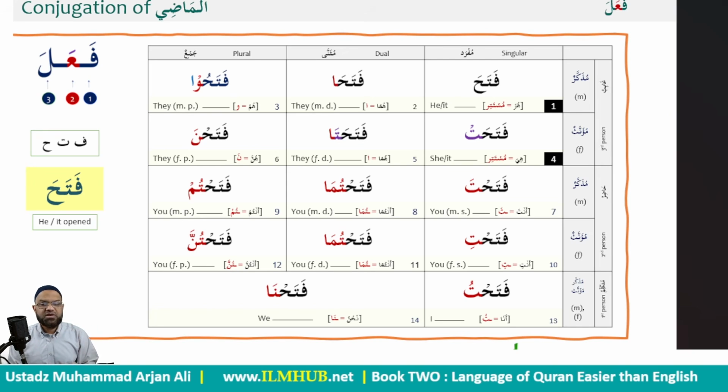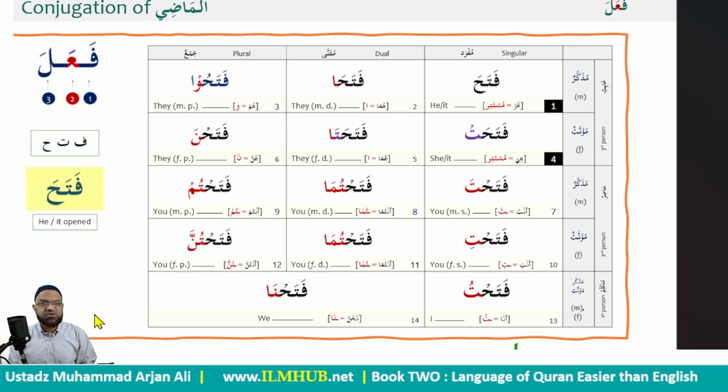The purple is there to indicate that this is feminine. It's just a sign of femininity. And of course, we have the extra alif, which is on this one. And from number 6 onwards, all of them have sukoon on the third root letter. The conjugation of them is very quick and very fast, and you can always see it in rhythm.